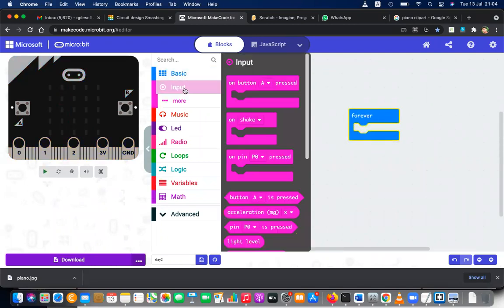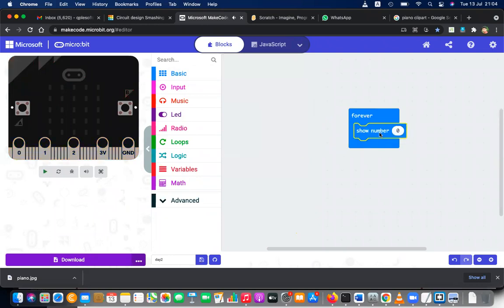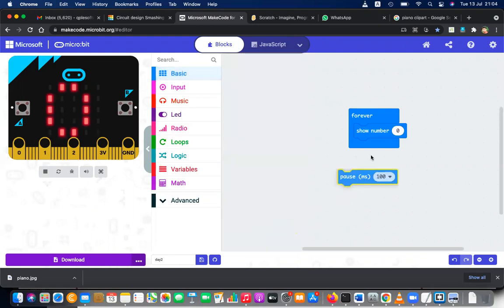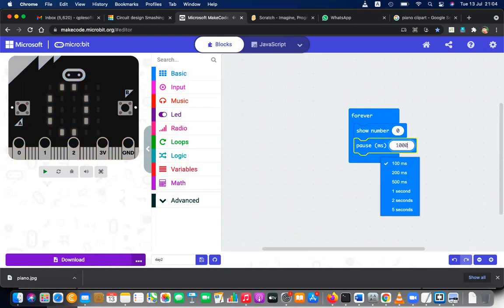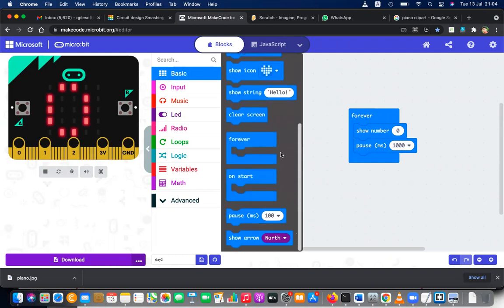And what I'm going to do, let's say show number 0. I'll show number 0. And after that, maybe I'm keeping this for 1000 milliseconds. Pause for 1000 milliseconds. And after that, I'm going to, okay,